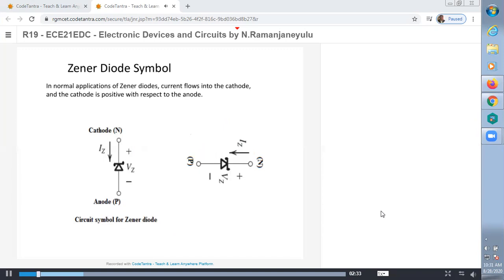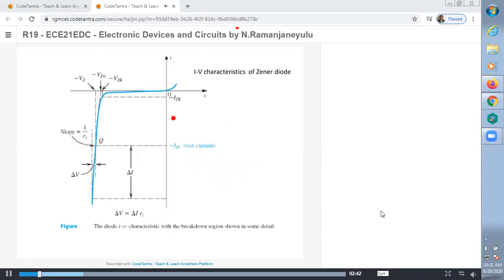These are the characteristics. Okay, in detail, the characteristics of the Zener diode. Up to less than the breakdown voltage, up to less than minus VZK. Here minus VZK is the Zener voltage, where K is the knee Zener voltage, with a corresponding current also, the knee Zener current. This is IZK and this is VZK.